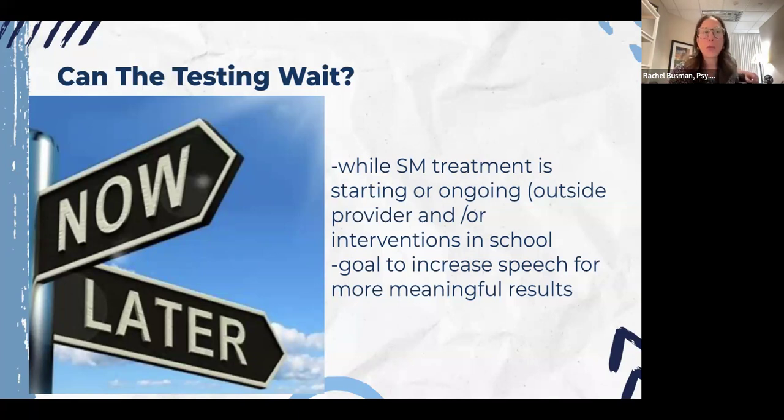And we're able to hopefully connect people to SM providers or providers who are willing to learn SM skills. But if the child is able to be talking more to a bigger extent, then providing the time it takes to build up some speech will really make the testing much more robust, right? And so the idea is, can we wait while we're putting some of these other things in place, or just bolstering, right? So the goal really is to increase some meaningful speech, so that we get some more